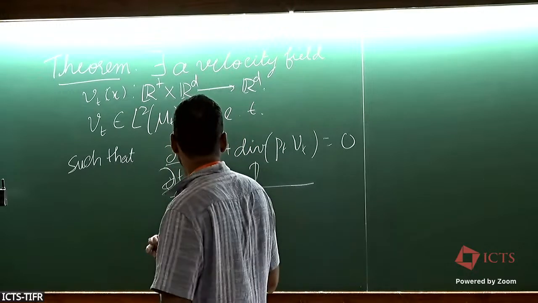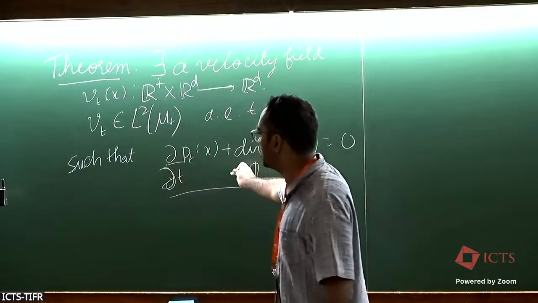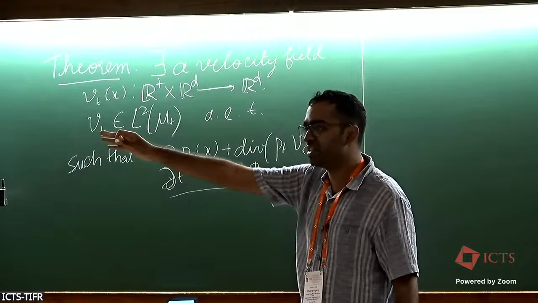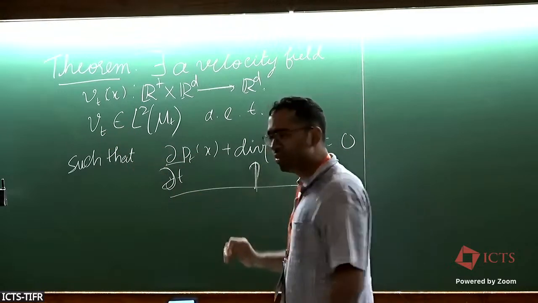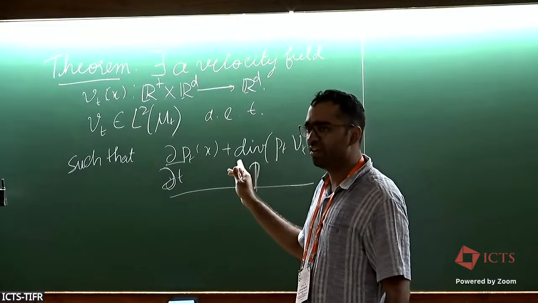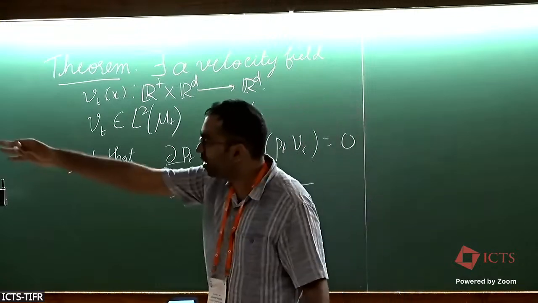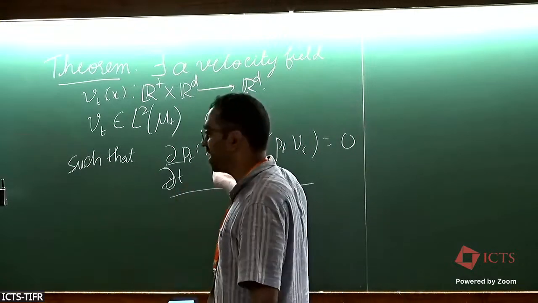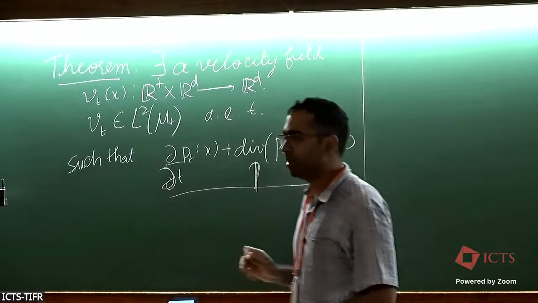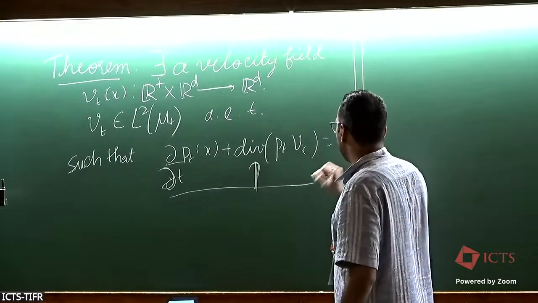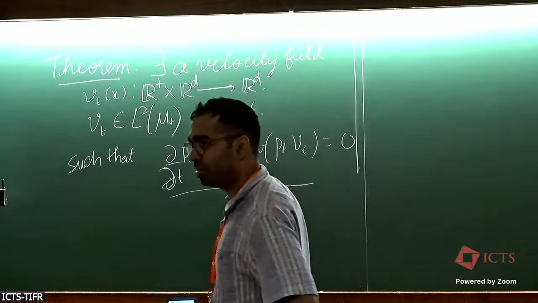Okay, but there is another caveat here. Just because it satisfies this does not mean that we can go back and solve dxt by dt is equal to vt of xt. That's a very different question. It's just a general existence theorem. The proof of this is based on the Riesz representation theorem. If the probability path is not too nice, then you won't be able to solve that ODE system, right? But it will still satisfy the continuity equation in the sense of distribution, which I described yesterday, if you remember that. Okay, so now we can continue on with the important topics.